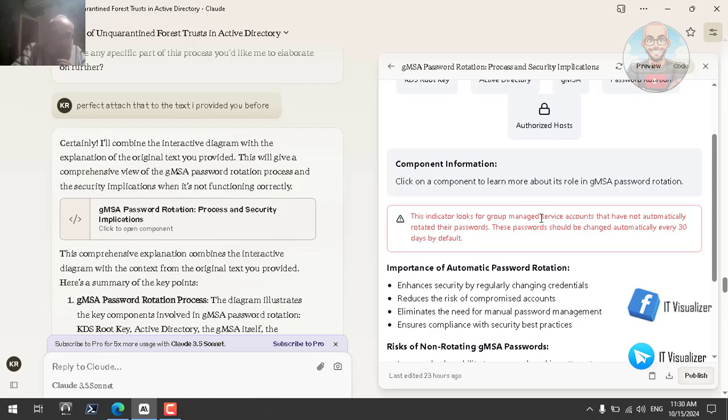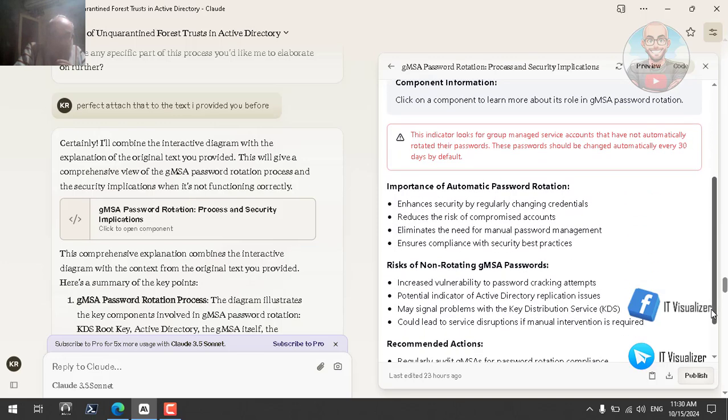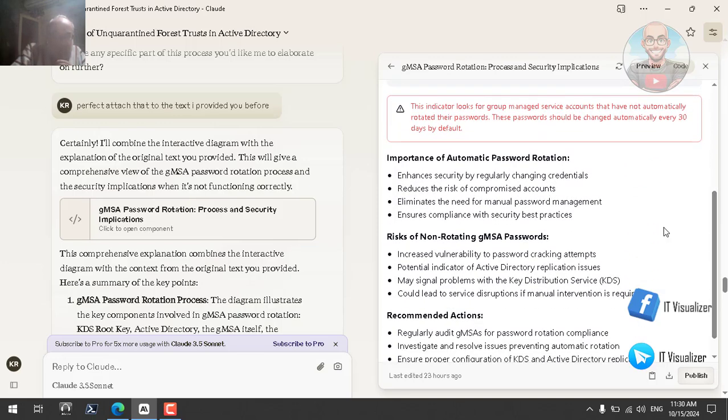The indicator looks for group managed service accounts that have not automatically rotated their password. This password should be changed automatically every 30 days. Now, the importance of automatic password rotation: it enhances security by regularly changing credentials, reduces the risk of compromised accounts, and eliminates the need for manual password management. So as we can see here, we have a very good diagram and some bullet points explaining the test and